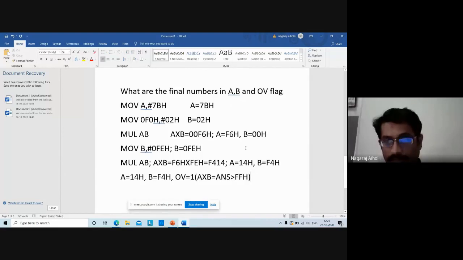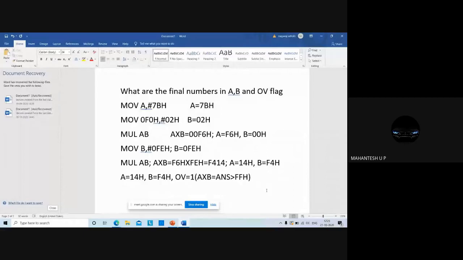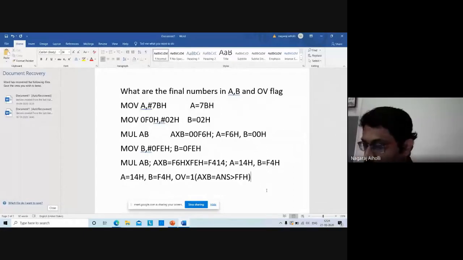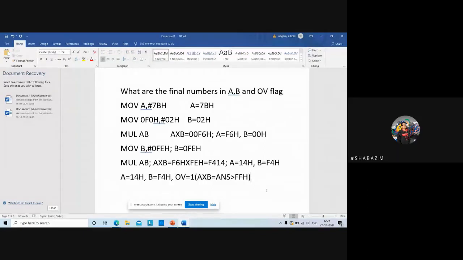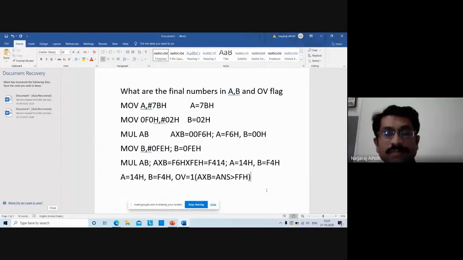Is this example clear to everyone? Yes? Mantesh? Yes, sir. Example is clear? Yes, sir. Yogesh? Priyanka? Shabaz? Yes, sir. Understood, sir. Shafia?